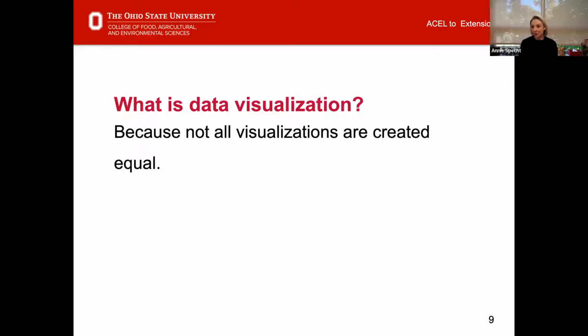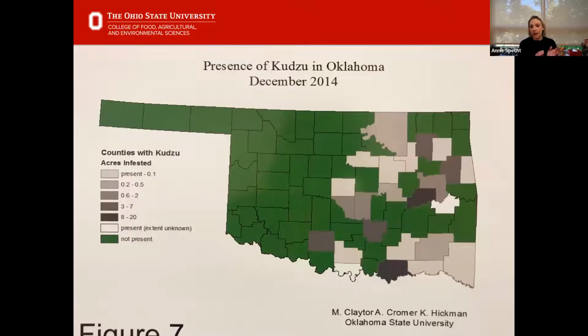So I actually have an example from, and I will say this is Oklahoma State, a different OSU extension. And this was actually shared by a colleague of mine at Oklahoma State University, so I don't feel bad sharing it publicly. He tweeted it out and allowed me to use it in my presentation here. So here we have an infographic, basically a county map of the state of Oklahoma, looking at the presence of kudzu vine, which, as many of us probably know, is an invasive plant species that tends to choke out a lot of other native plants. What might be a problem with this particular visualization?